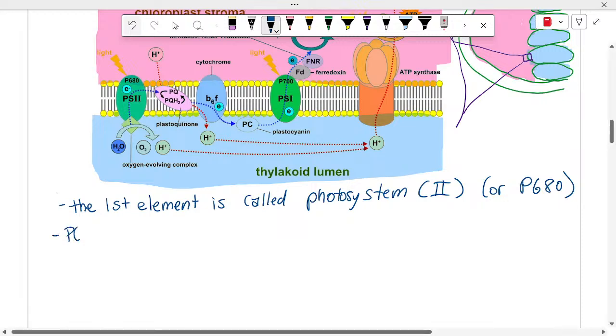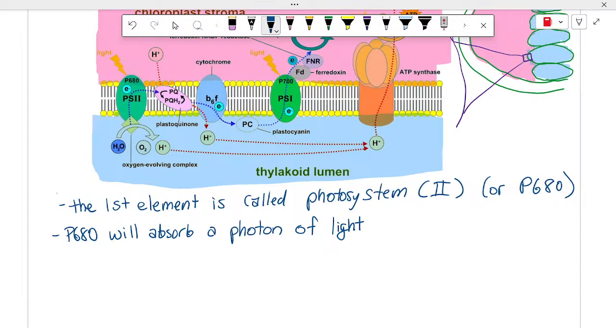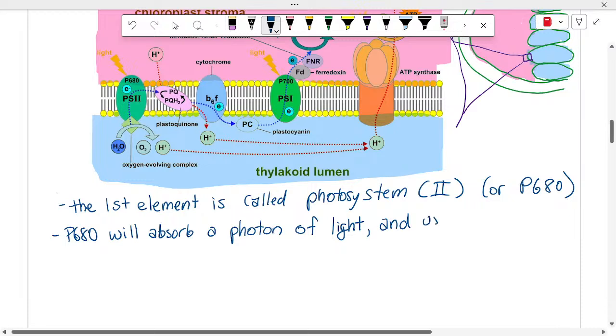So P680 will absorb a photon of light. Remind me what a photon of light is? Yeah. It's a single quantized unit of light, so we call that a particle of light. And it uses its energy to oxidize water,